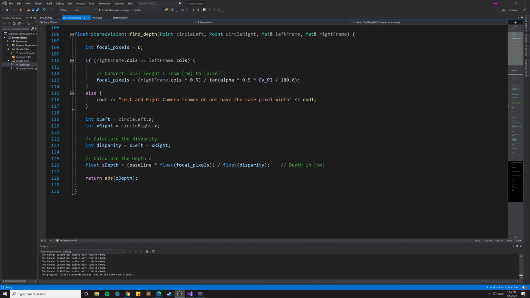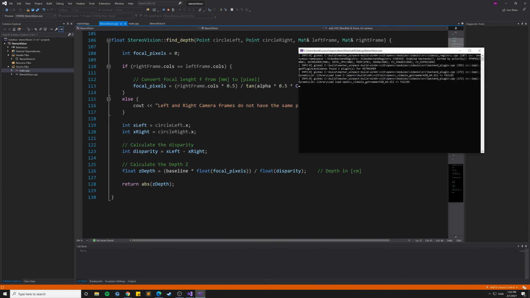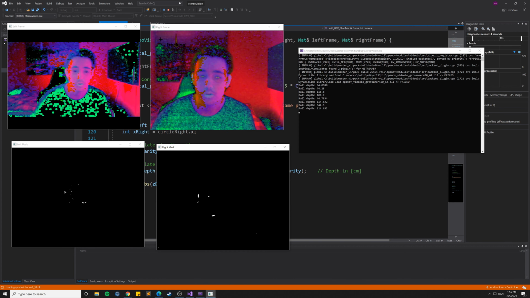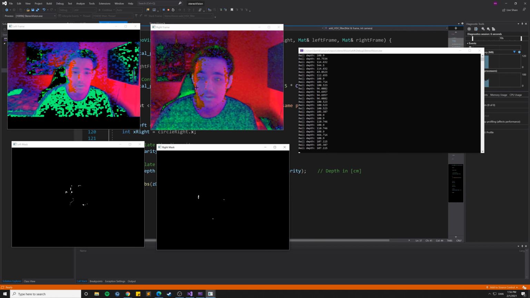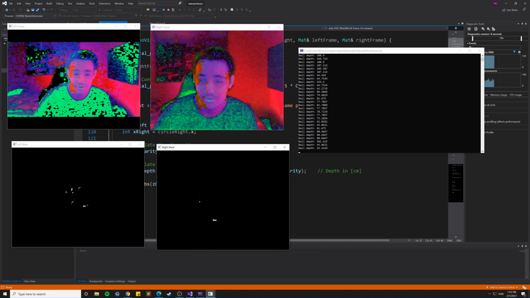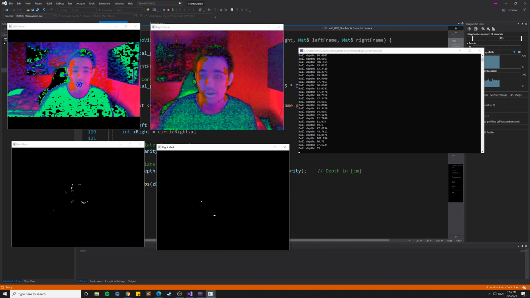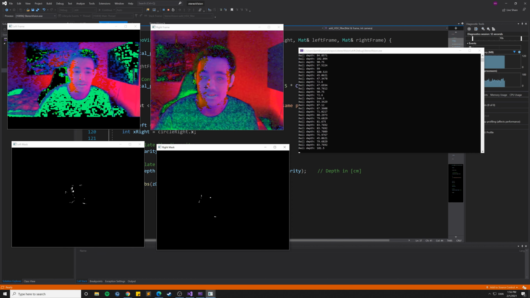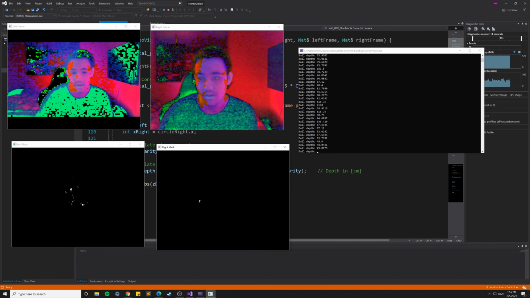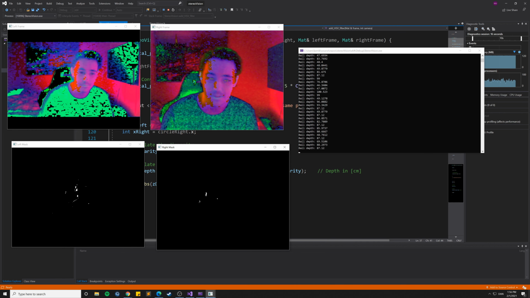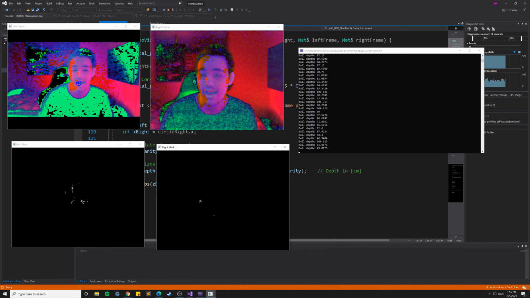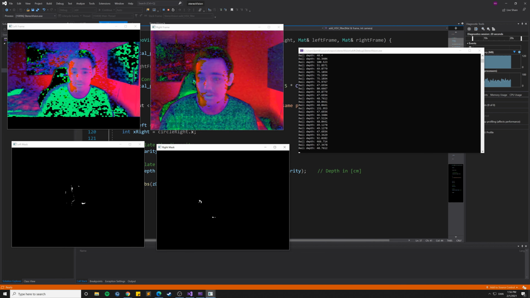So I've now set up the stereo vision setup here, and we're going to run the program so we can see what this application and project does. So we get up the left image frame and the right image frame, and we get the two masks down here where we're going to segment out a color. In this case we can see that these two cameras are not identical, and the colors are not exactly the same, because that's why we had these different upper and lower limits for our